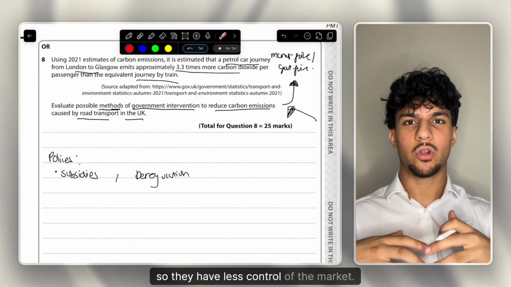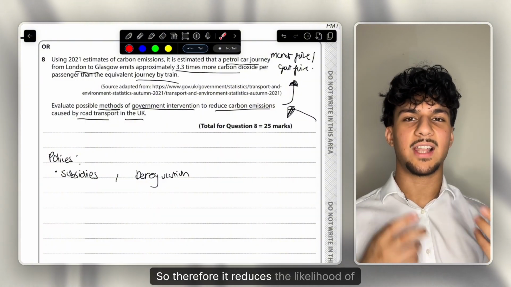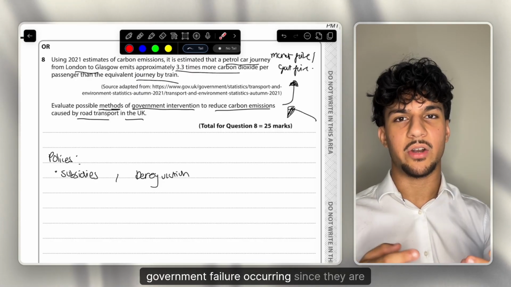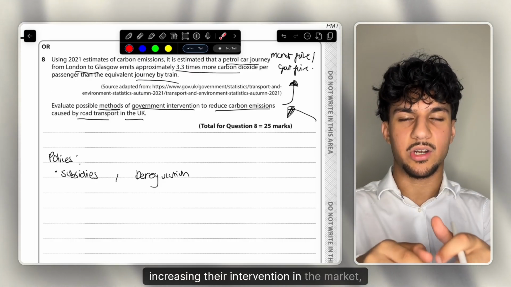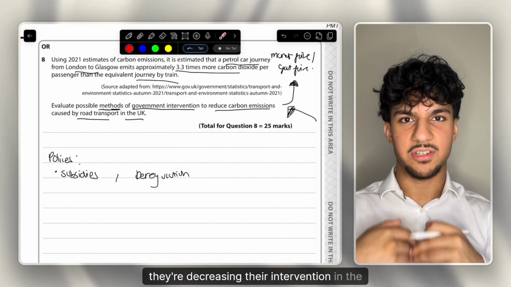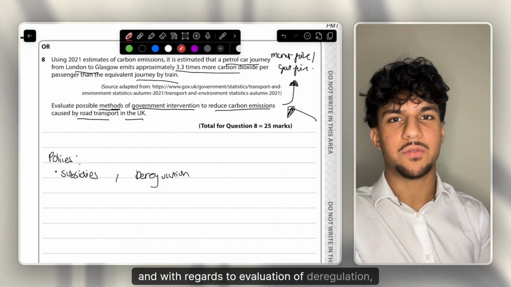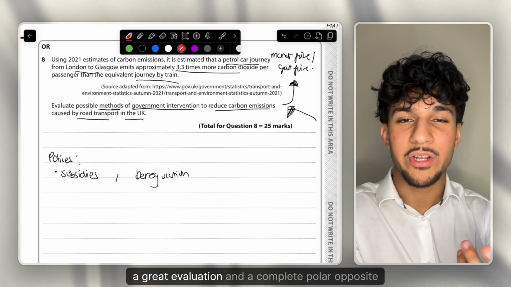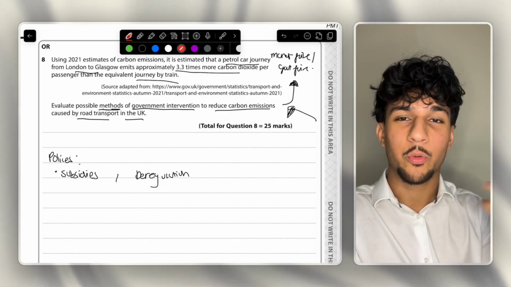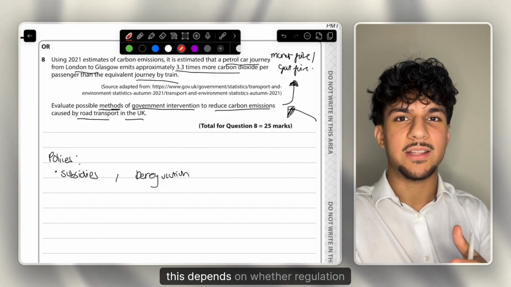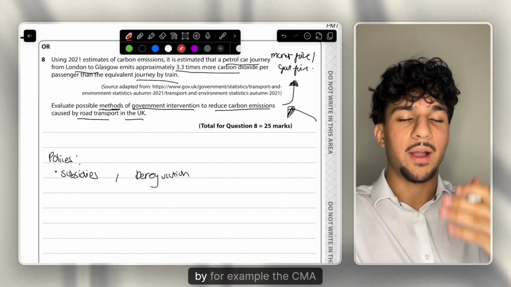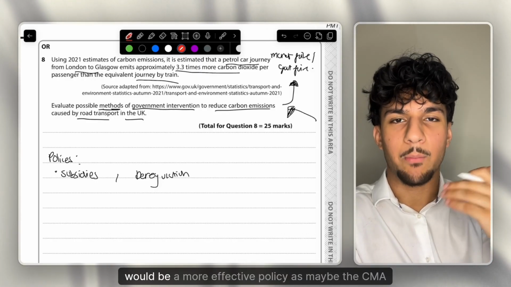So they have less control of the market. Therefore it reduces the likelihood of government failure occurring, since instead of increasing their intervention in the market, they're decreasing their intervention in the market. And with regards to evaluation of deregulation, a great evaluation and a complete polar opposite would of course be just regulation. However, in evaluation, this depends on whether regulation by, for example, the CMA would be a more effective